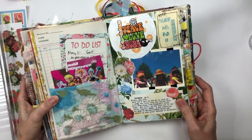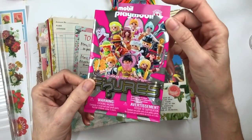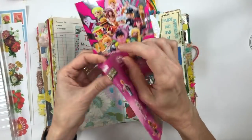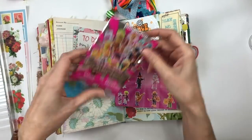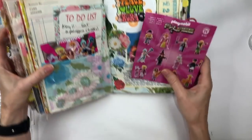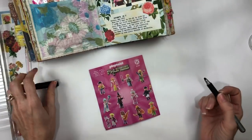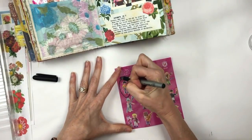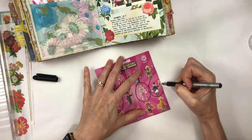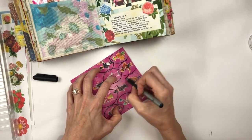On Mother's Day, we went by Dollar Tree, and they had these Playmobil figures, which I love Playmobil. But I say we, my daughter had nothing to do. She bought the first one, and I was like, oh, go back and get me a couple, because I have all those little figurines and stuff around my computer. And so anyway, when all was said and done, this is kind of embarrassing, I shouldn't even tell y'all,